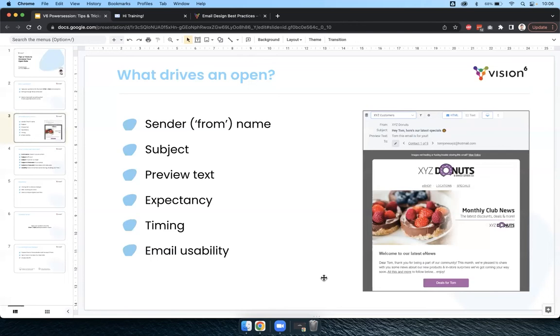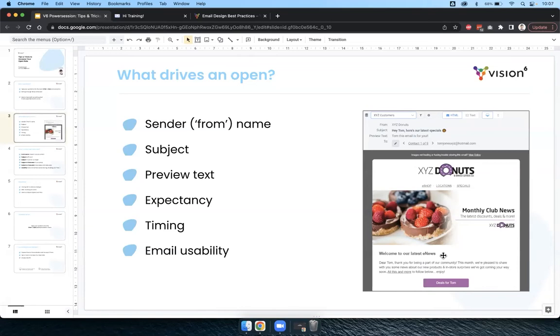I've got a little piece on reporting shortly, which we'll go through as well to see how you can see what's working. And of course, the last thing that can drive an email open is usability. If you've designed an email that doesn't work well for vision impaired readers, then there's an issue, because you're omitting a percentage of your audience immediately by not designing your email properly or following best practice. Some good examples are if you're not using headings within your email and it's a fairly long email,